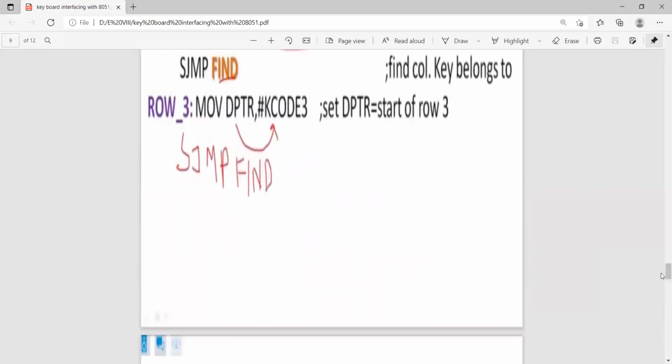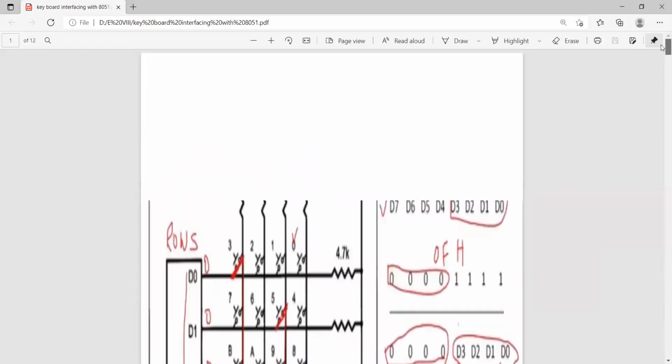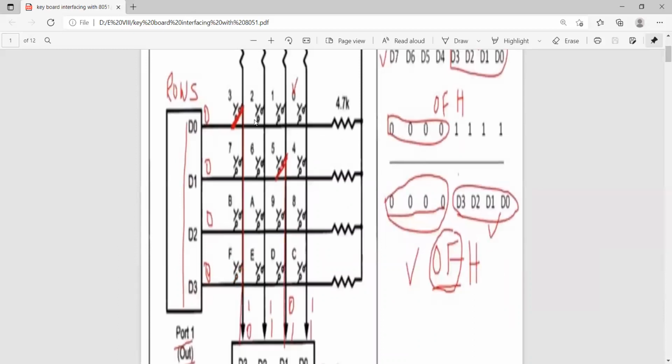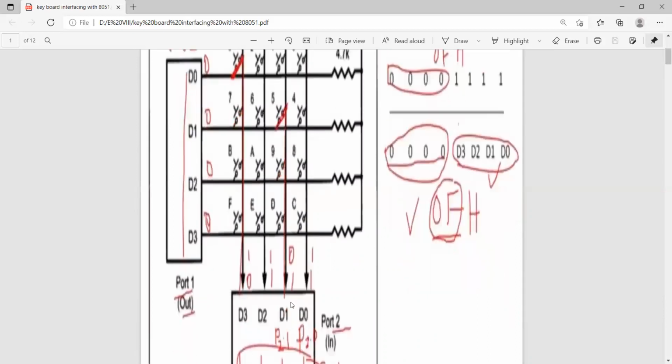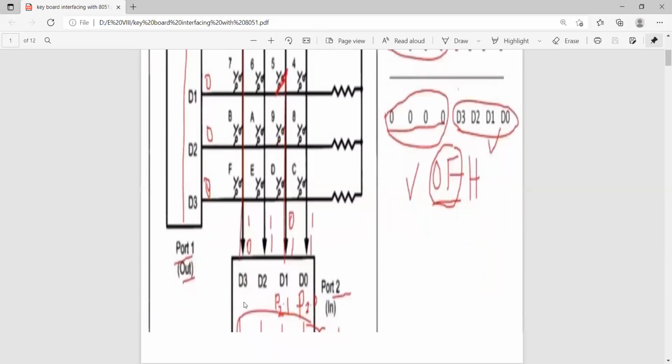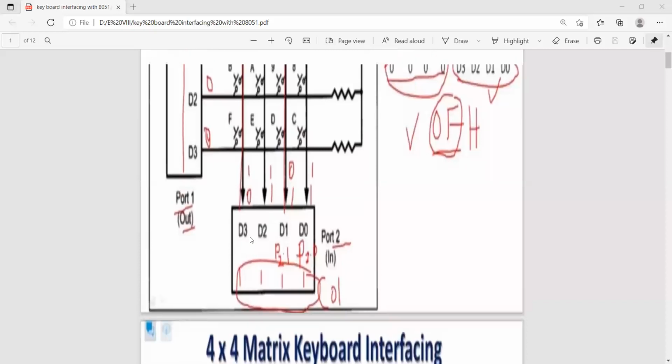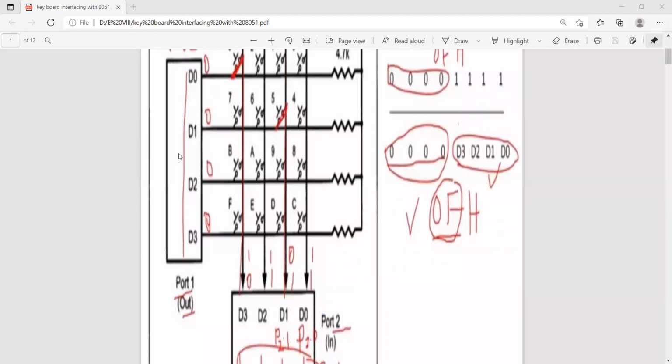You have to read it carefully about the detailed analysis of your keyboard. So the main thing is you have to arrange the keys in columns and rows. One column you have to connect to one port, another column you have to connect to another port. So if you have a larger number of keys, you have to enhance the number here. For example, for an 8 by 8 matrix, you can use the complete port 2, all 8 bits, and port 1, all 8 bits. After receiving the data, press the key.